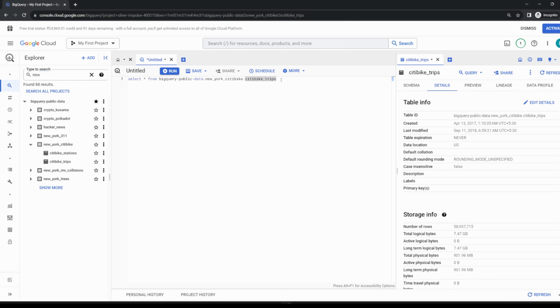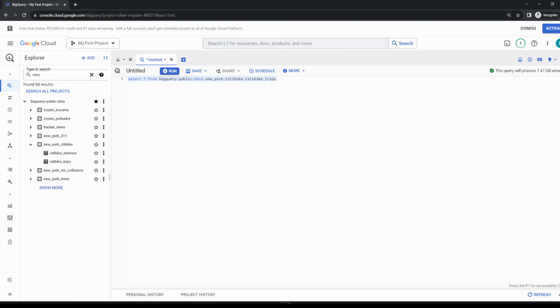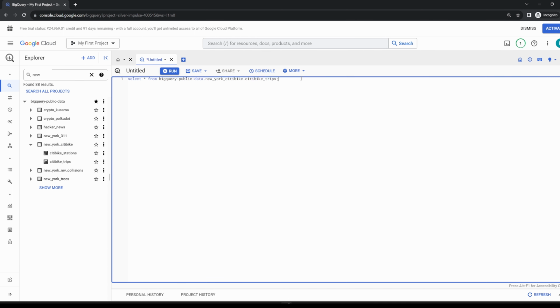Let's say, for example, if I select this one, you could notice how much data it is going to process when I'm executing this particular query. This is one thing we need to make sure of before executing any SQL statement. To avoid this, what we can do is